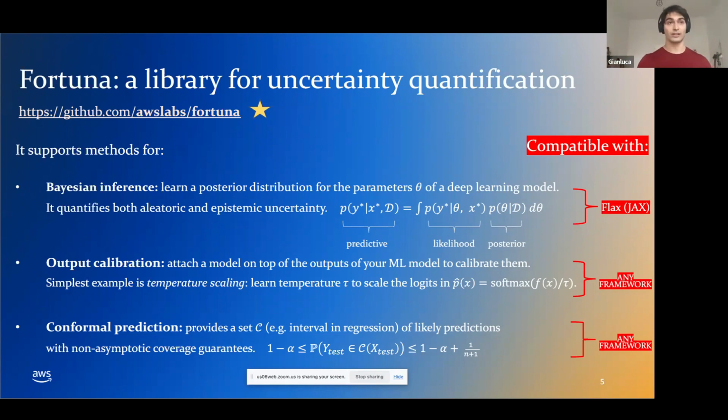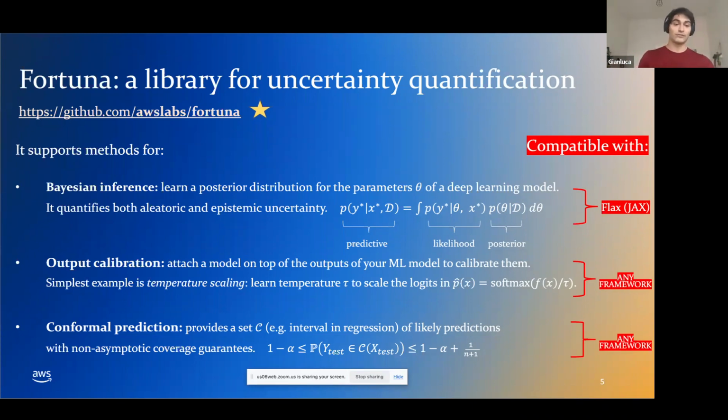So you can just think of it as, I'm writing in NumPy, but I also get all the gradients and Hessian almost for free. And if you're doing Bayesian inference, since we do require gradients most times, we ask you to write the deep learning models in a specific language, which is Flax, the most common deep learning library